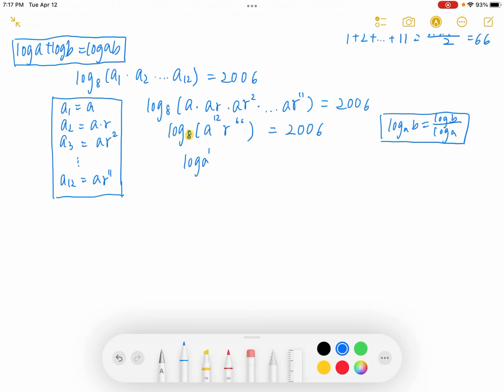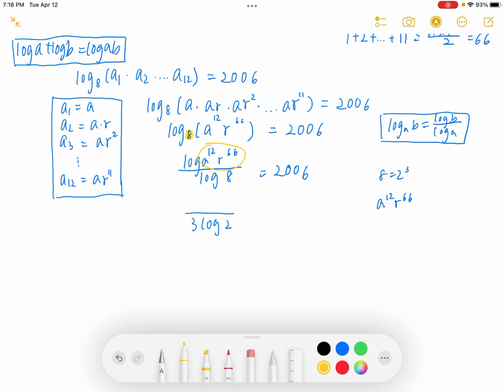We can write it in terms of log of a to the power of 12 times r to the power of 66, divided by log a, which is equal to 2006. So we know that log a is equal to